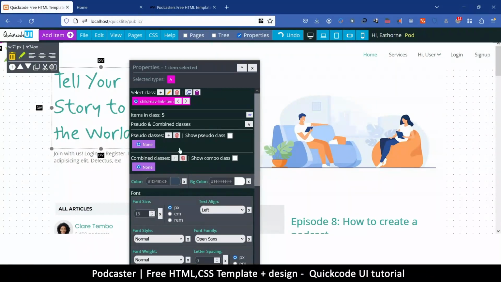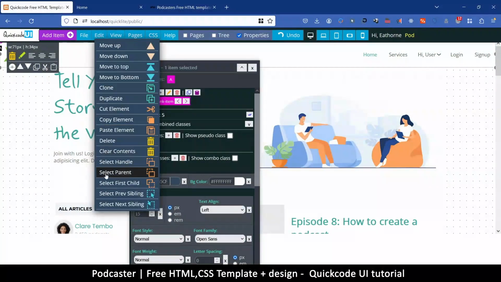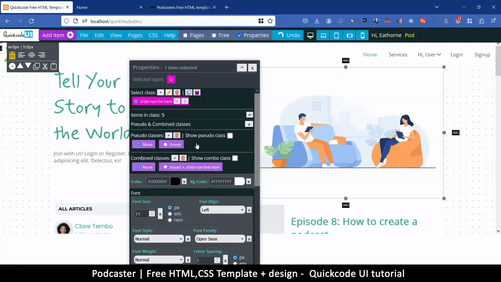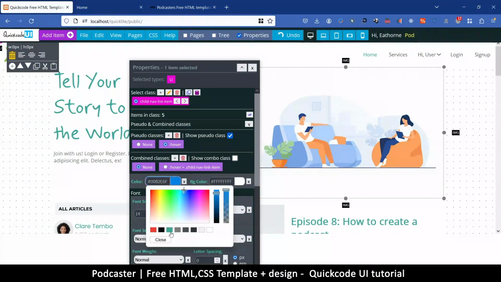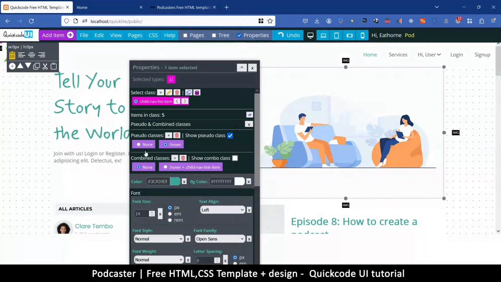But there's no hover pseudo classes here. So it could be the parent that has that. So we'll go to Edit just to check and say Select Parent. And lo and behold, we have a hover on the parent. Actually, this was a mistake. I should have removed this. This isn't doing anything really. It isn't. But maybe it is. Look at that. So just to be sure, I'm going to select that and say boom,